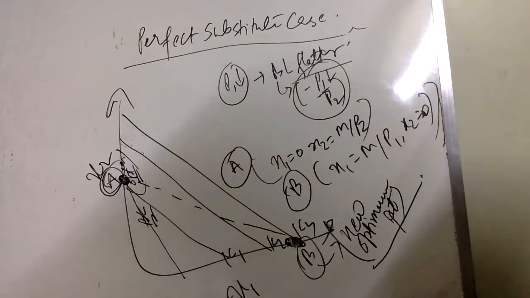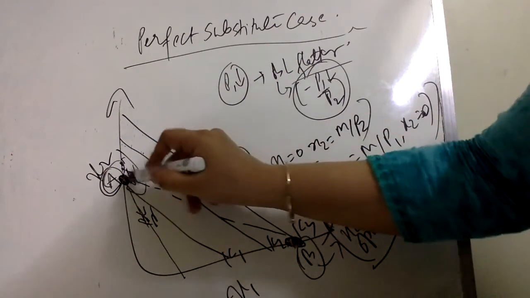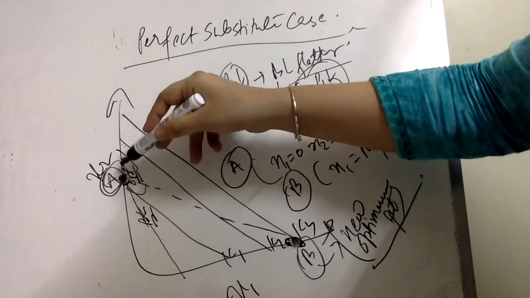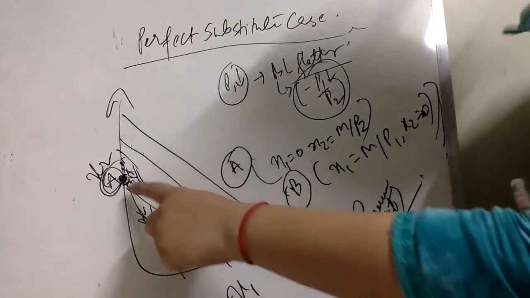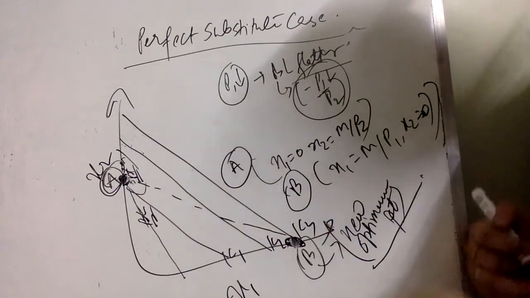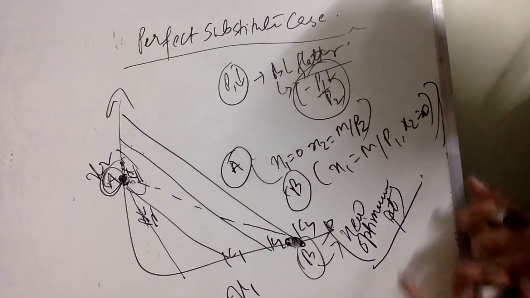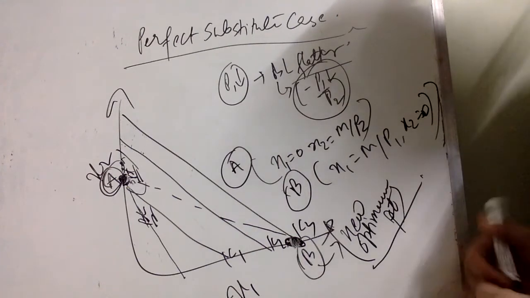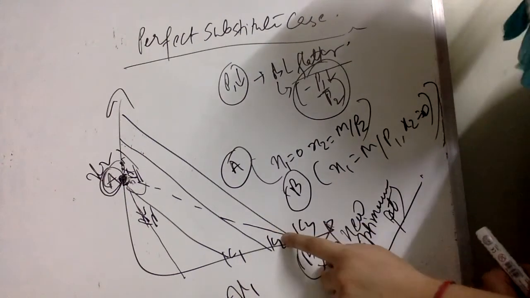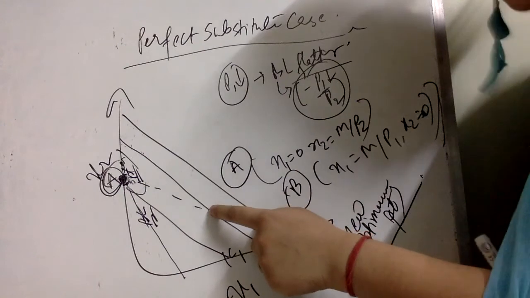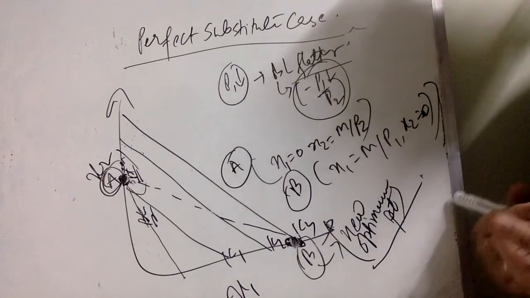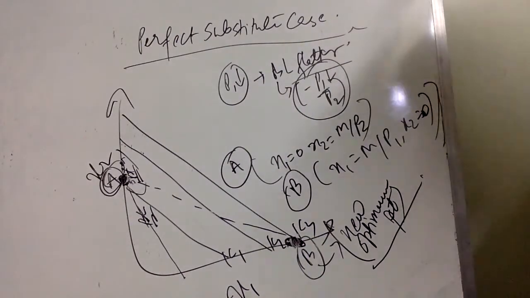Now if I take away the income of the consumer such that he's able to afford the original bundle, right, can I say that the entire effect, as I move from point A to point B, is entirely because of the substitution? It's the case of perfect substitutes, and hence what can I say? This is the final choice, this is my final budget line, and the total effect from A to B is nothing but only the substitution effect itself.